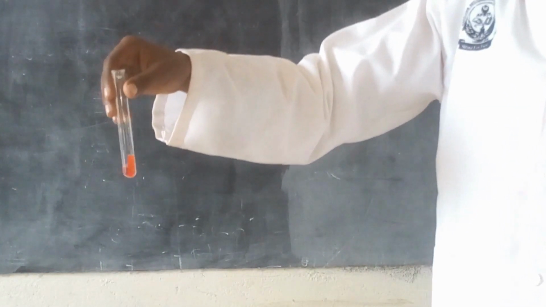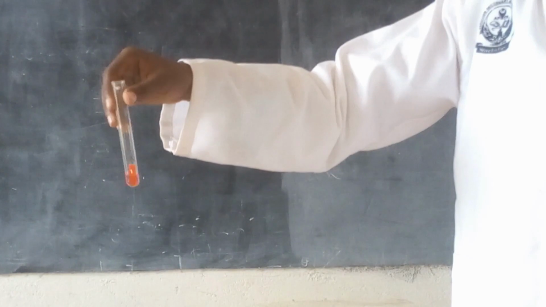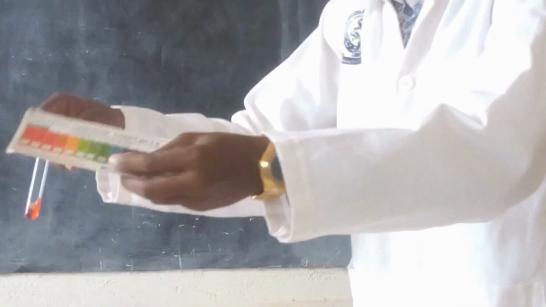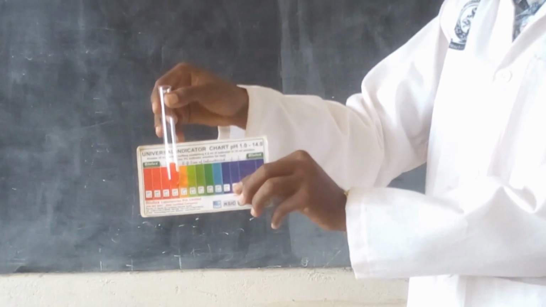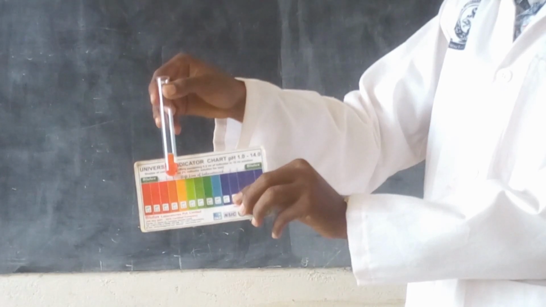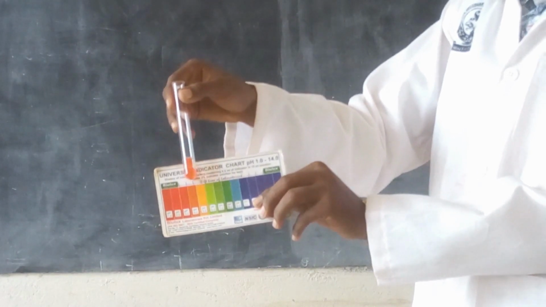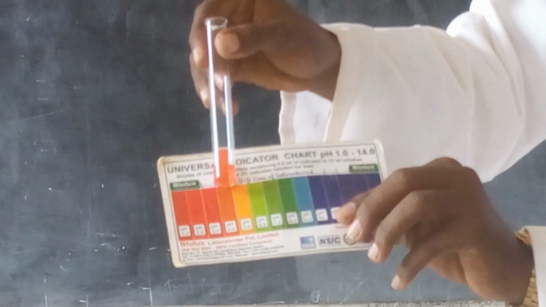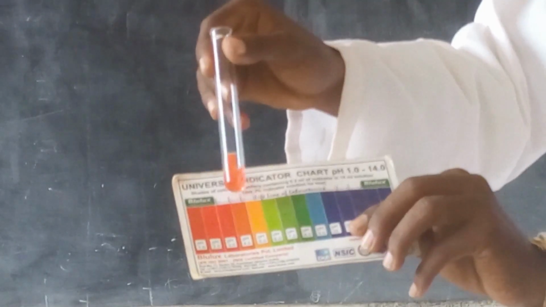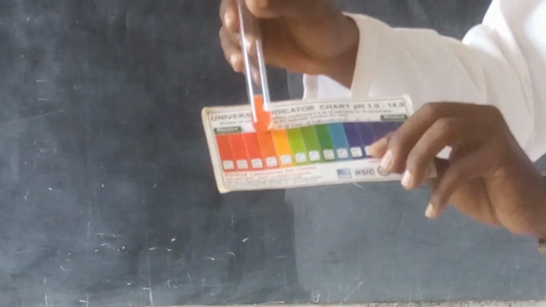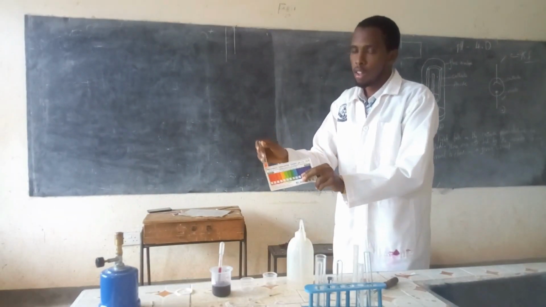Now for you to determine the pH of the resulting solution that you have obtained, you compare with the pH chart. So viewers, which pH does the resulting solution correspond to? You can see it's a light red that you have there, so it almost corresponds to pH 4. So the observation that we make is pH 4.0. The inference becomes